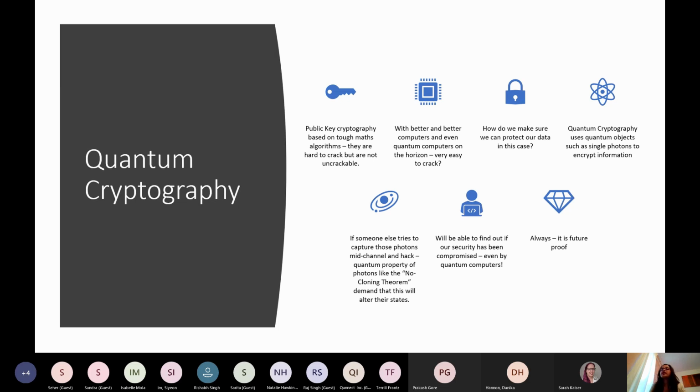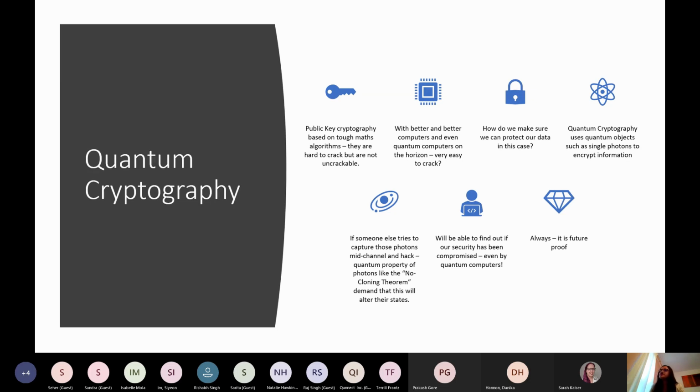There are a few different ways we can go ahead from here, and one of them is that we actually take the basic principles of quantum computers, which is quantum mechanics. We turn it on its head and we ask, okay, this is going to be providing a threat to our data, but how do we actually use quantum to protect our data? This is where quantum cryptography comes in.